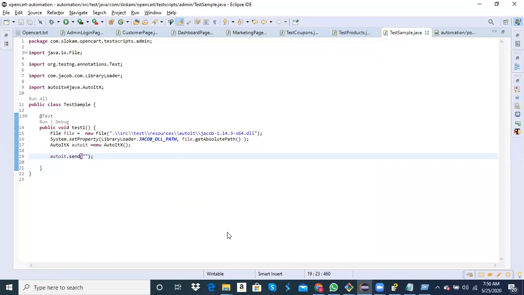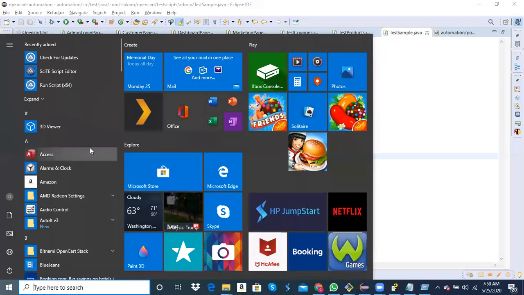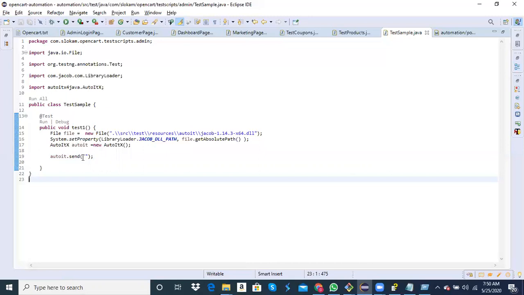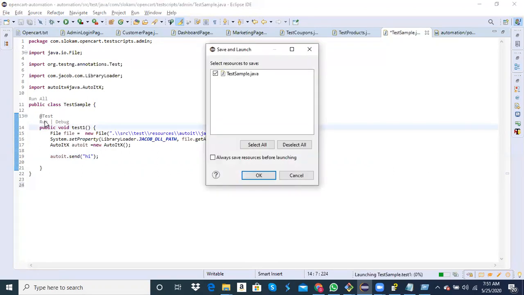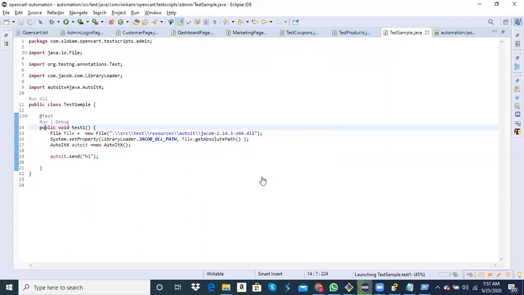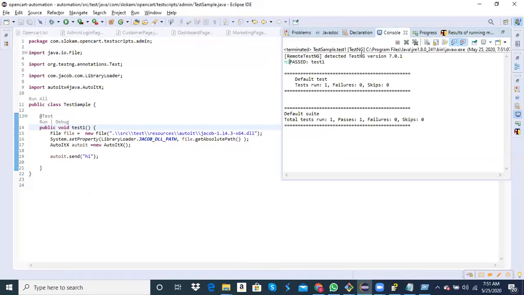Now, when I run this program, let's see what will happen. The program started executing and the cursor is available there.